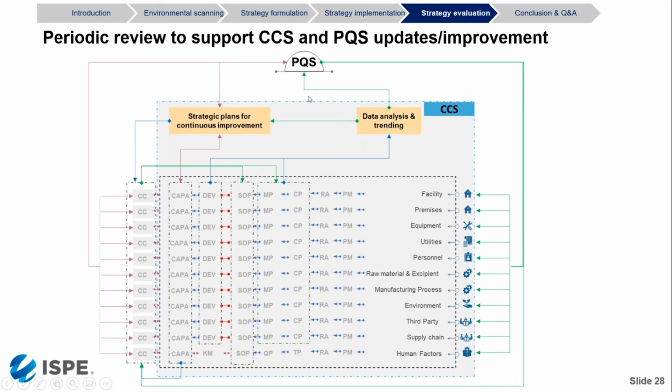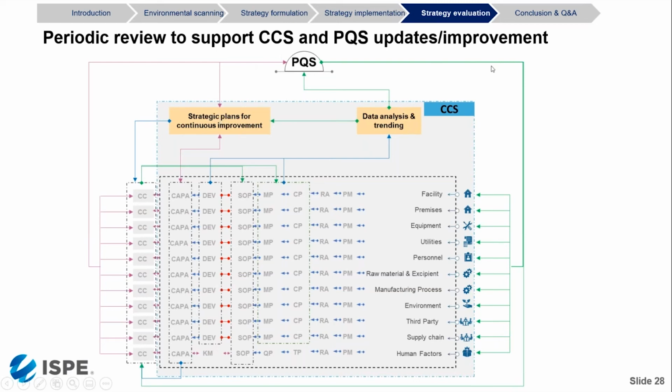Okay, you remember we all had this type of issue: little change, no impact, little change, no impact, little change, no impact. And when you look at all the little changes together, there is a huge impact. So this is why it's important to have this holistic view and this holistic periodic review of the different changes, CAPA, deviations, etc. And then by updating the PQS through the strategic plan, so it's a double flow communication, then